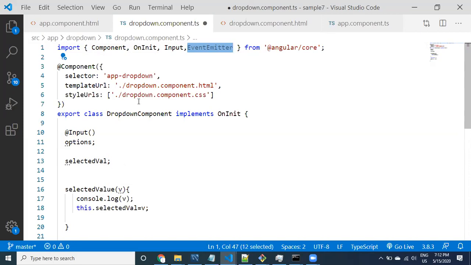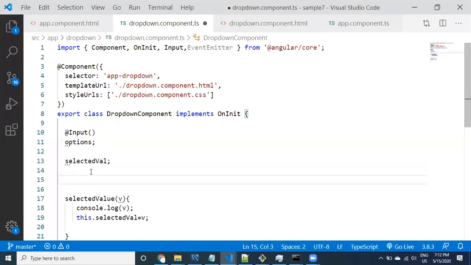For this EventEmitter, what you can do is take a property, an emitter property, and you can provide the data type. What is the data type here? EventEmitter. Or if you don't want to provide the type, you can simply write new EventEmitter.